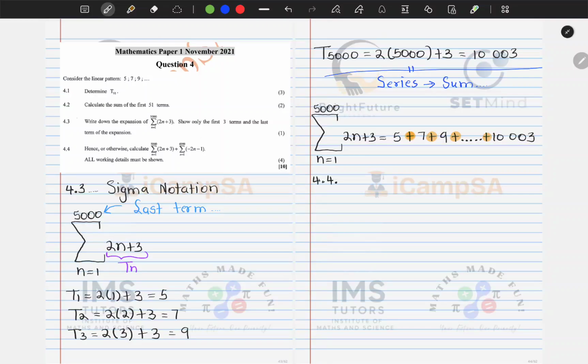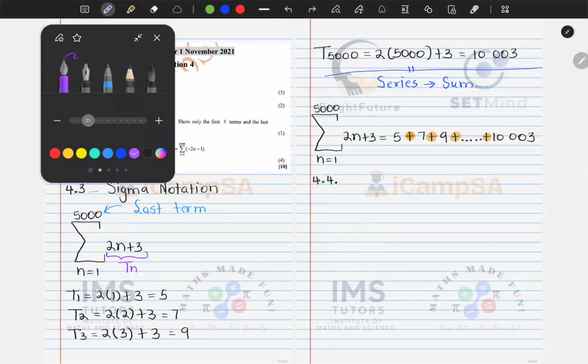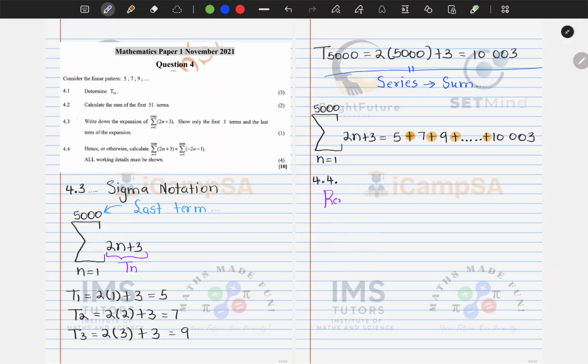So for 4.4, we are asked to calculate a sigma notation and then plus another one, but the other one is a negative. So what we should note is the top part. So let's go ahead and deal with this. If you observe carefully, but maybe before we go there, let me remind you of something